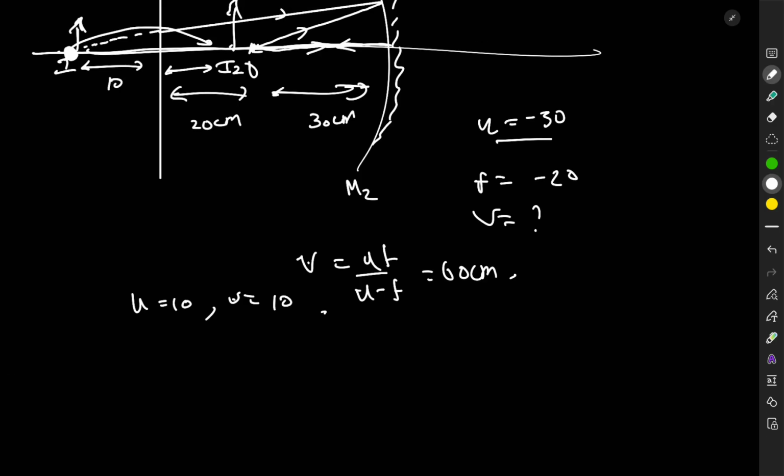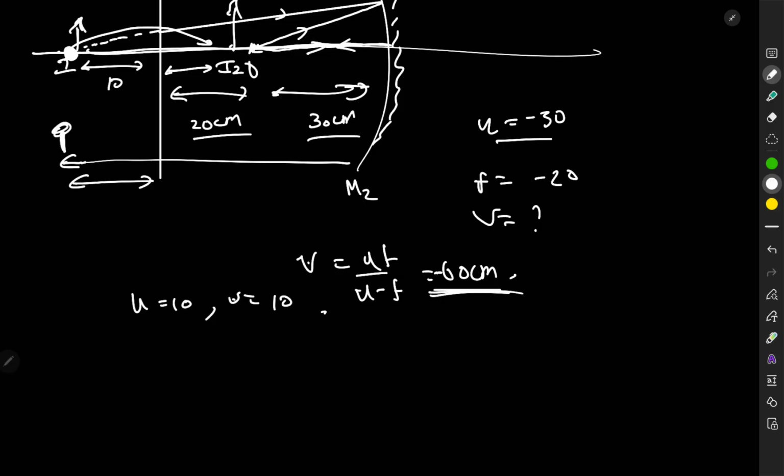So why 10? A lot of people can ask, right? So we have got minus 60. Okay, this is minus 60, not plus 60. My bad. We have got minus 60, which means in this direction it's 60. We have 30, 20, which is 50 is covered. So the image will be forming here, right? Of this object from this mirror, the image will be forming 10 centimeter ahead of the plane mirror. So the plane mirror will again reflect and give its image here. Hope you understand. Moving further,